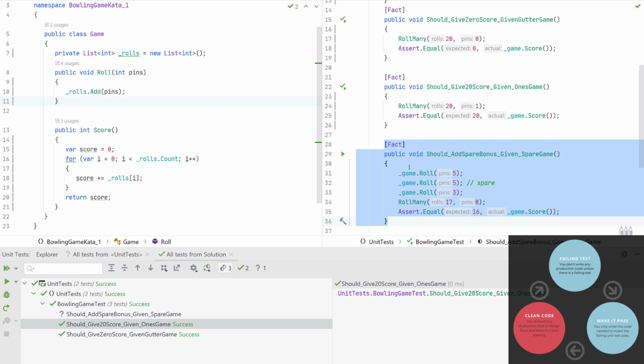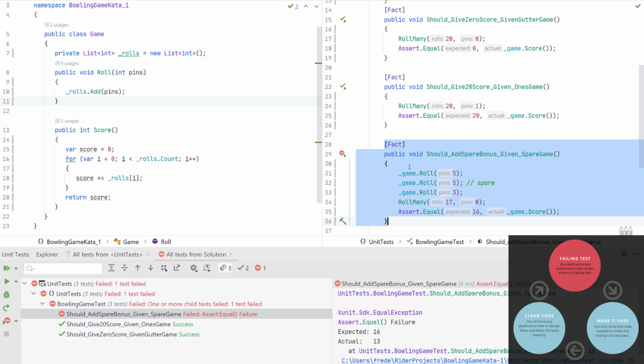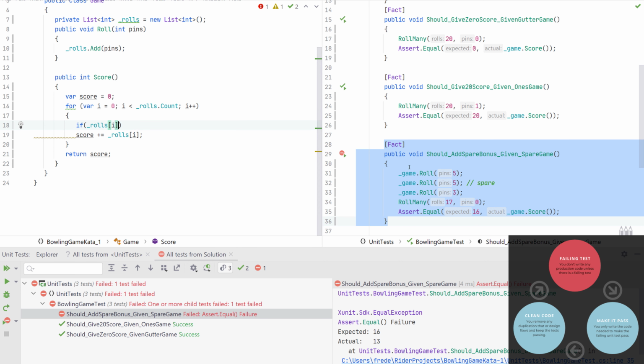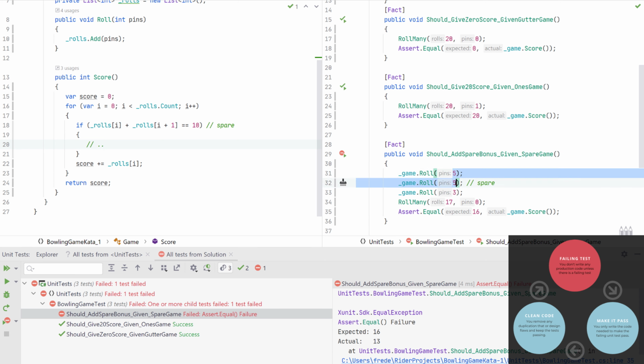So now we're going to add the test again. See that, of course, it still fails. Now I would be tempted to do something like this. Because we see over here, we have two consecutive rolls.